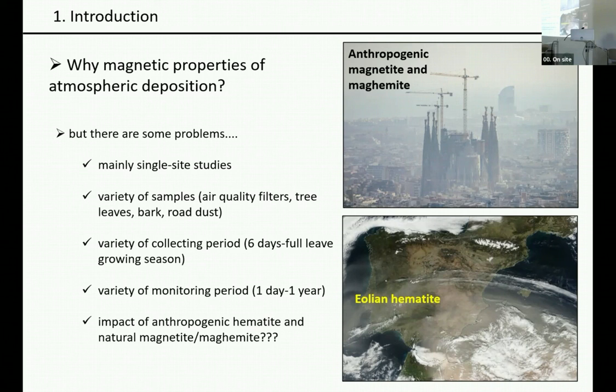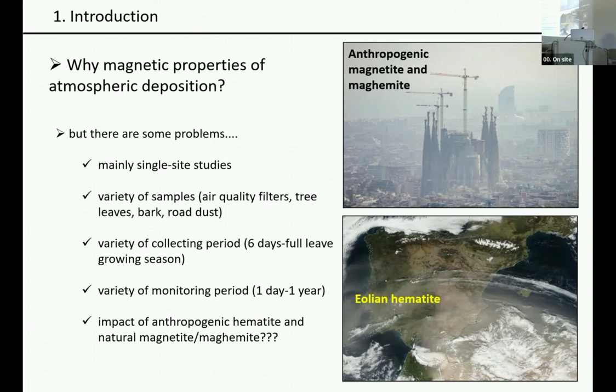Sometimes air quality filters are used, sometimes tree leaves or bark are used as a passive collector of atmospheric deposition. Sometimes road dust is directly collected from the streets. And there is also a large variety in the collecting period,